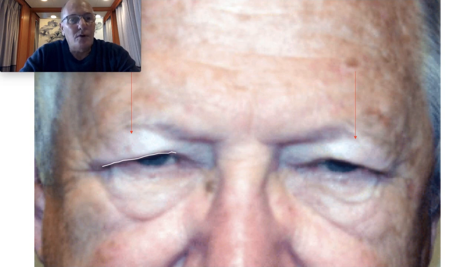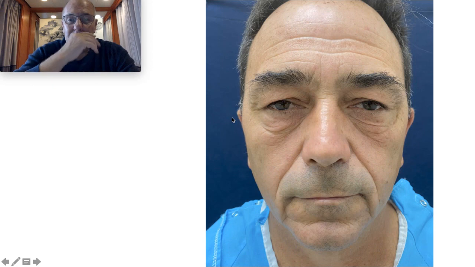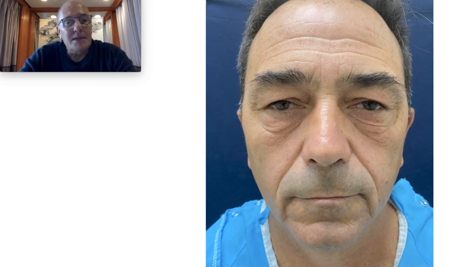The main factor of the aging process of the periorbital area is more related to the ptosis, the eyebrow ptosis, than the flaccidity of the upper eyelid. Here we can see eyebrow skin going down to the malar area. This patient came to me looking for a resection in this area because she has a limitation in the eyelid field. This patient has problems working because of the diminution of the